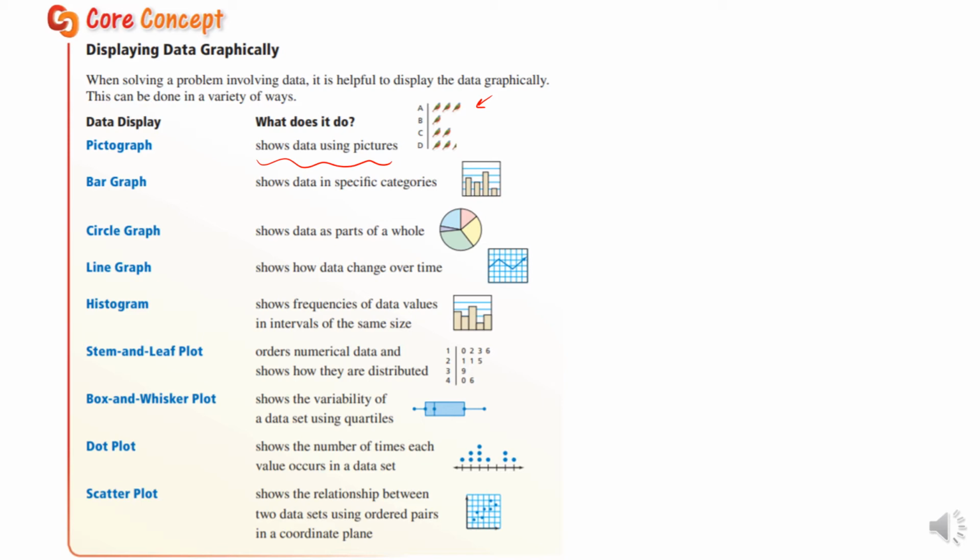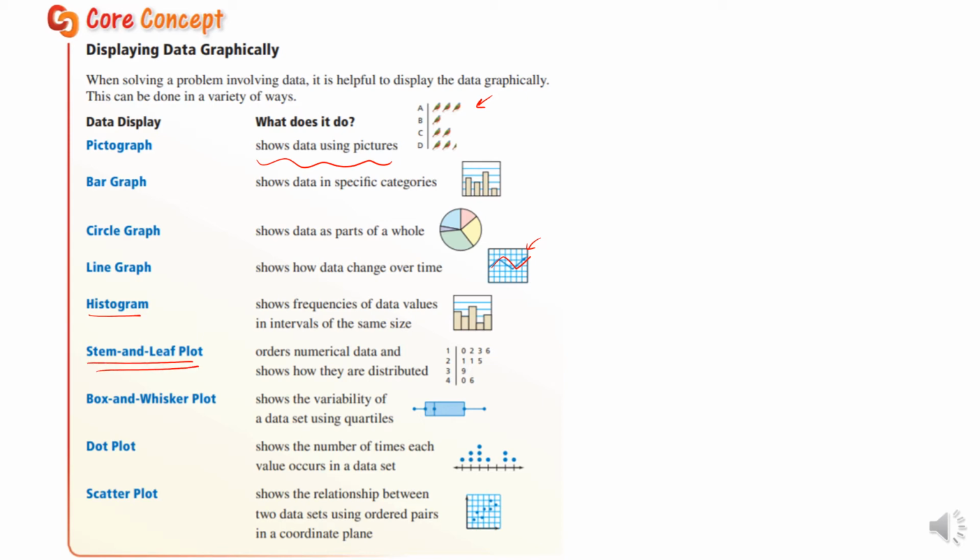They have specific categories. A circle graph is what we've already looked at. A line graph, those we have been using all year. This would be called a piecewise graph because it isn't a straight line. Histogram, we talked about that already. Stem and leaf